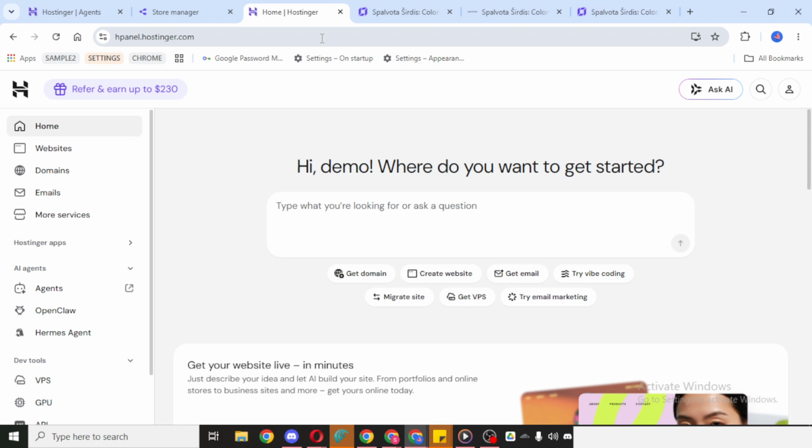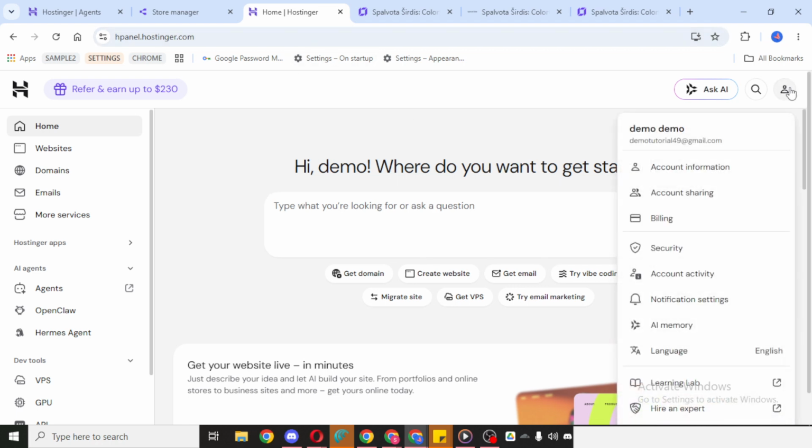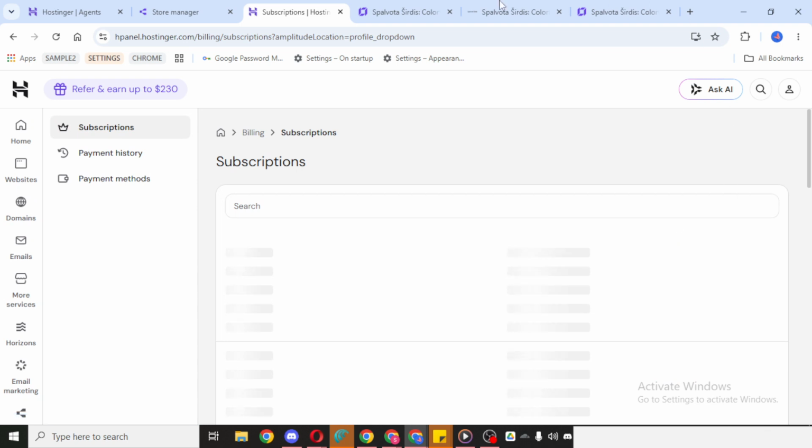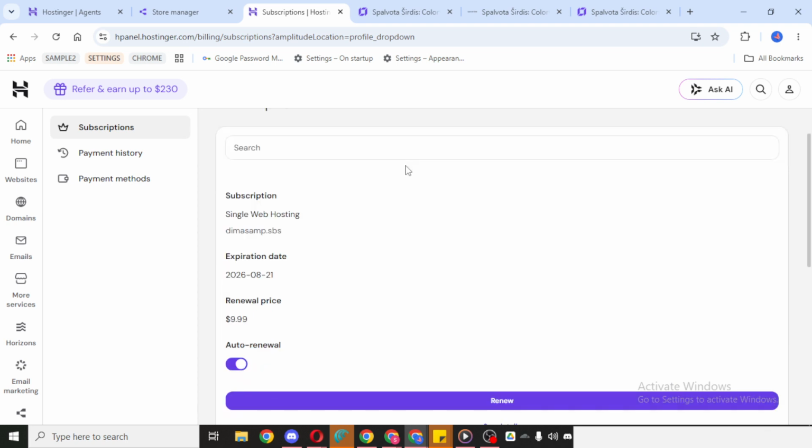This is usually where your account settings and personal management options are stored. Opening the profile menu gives you access to the sections related to payments, subscriptions, and billing preferences. Next, click Billing. This is the area where Hostinger keeps all payment-related details, including your active plans, renewal settings, and subscription information. If you are trying to stop future charges, this is the most important section to review carefully.